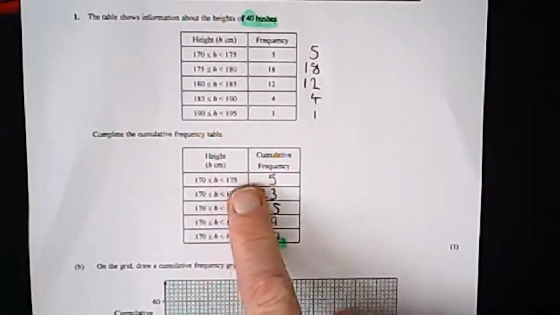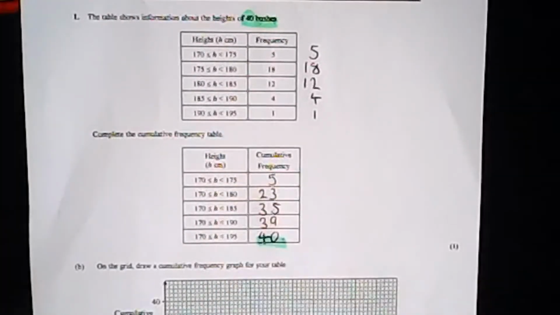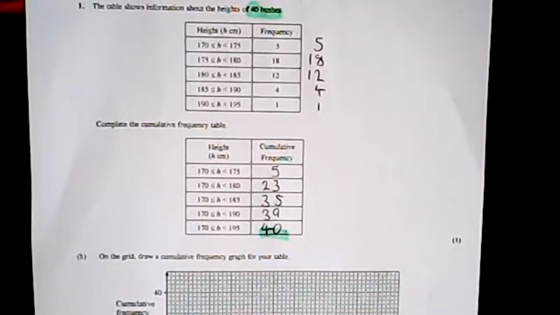Okay, now this is the most important part of the graph, I think, or one of the most important things. What we've got to decide is what plots with what. Now, the confusing item,